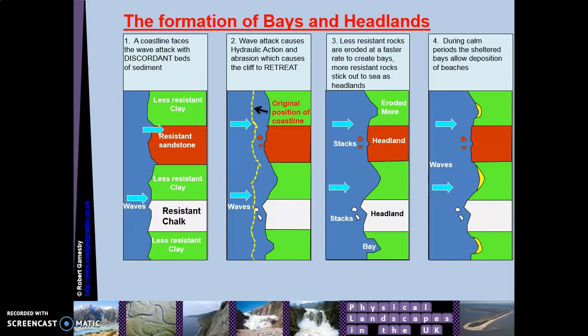headland. What you've got to think about is if waves are coming in along this coastline here, the first thing that the wave is going to hit is the headland, so the white and the brown, and then it will eventually go into the bays, which means that most of the energy is gone by the time it hits the bays, and that's why bays have beaches in them, and headlands tend to have rocky outcrops, boulders scattered at the bottom of them if the sea was to go out, and so that's the formation of headlands and bays. That leads us nicely on to our next thing that we need to look at, which is